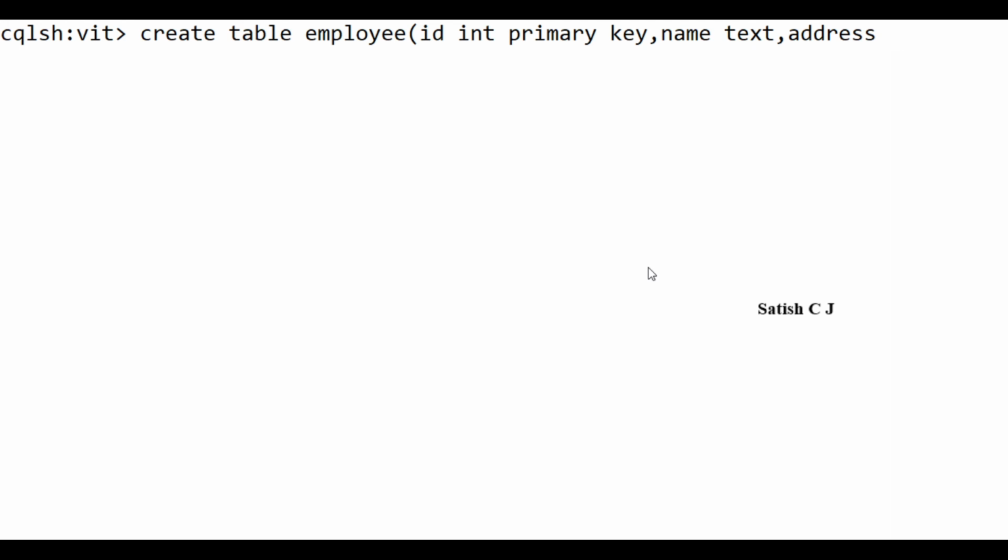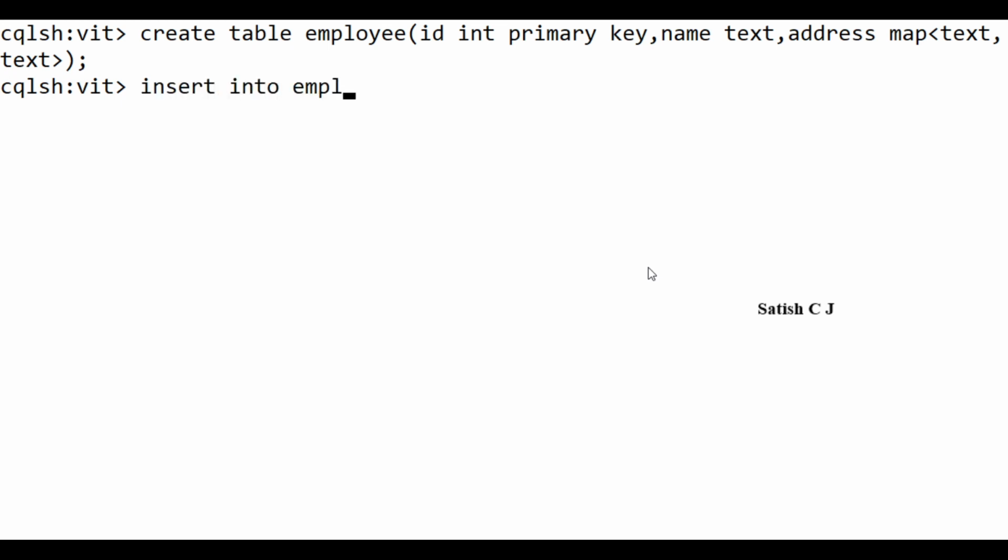For instance, an employee can have a home address and an office address, right? So here home address is a key value pair, and office address is another key value pair. So you can very well store key value pairs using the map data type. We just give text comma text, so the key and the value will be of type text in my map data structure. So let me create this table. A table is created.